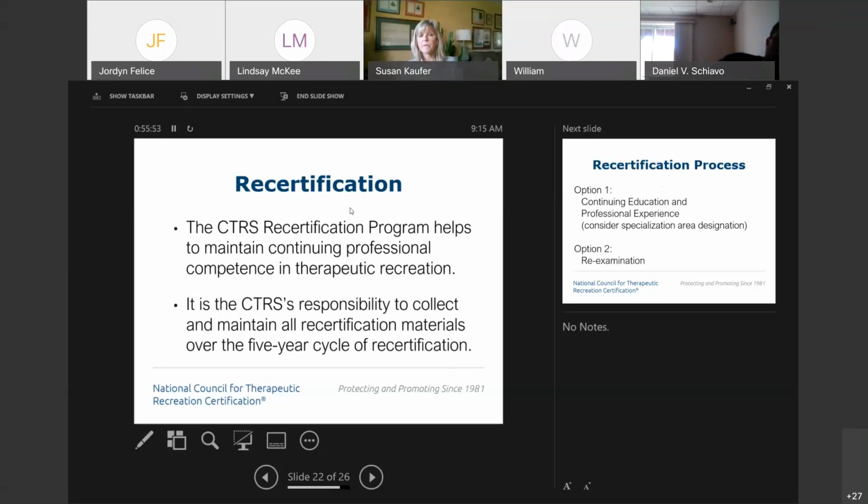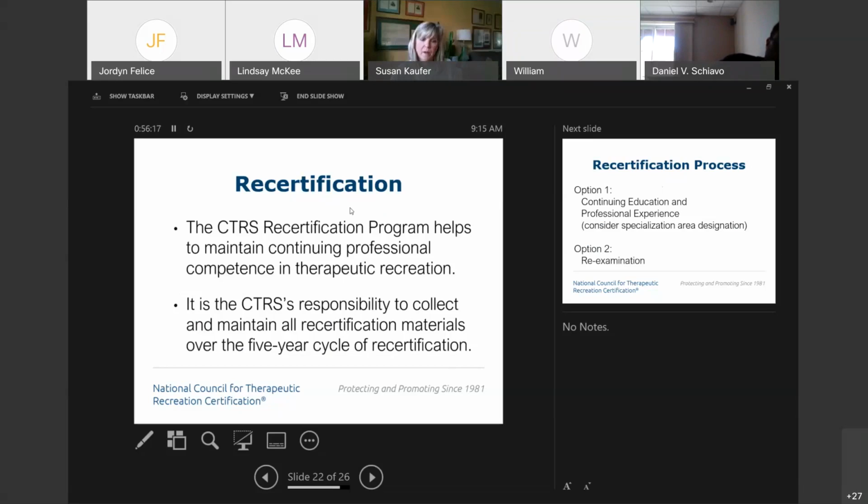So the recertification program does this, by continuing your education, being excited about your learning, and continuing to broaden and expand your knowledge. This is really the purpose for that recertification program. It is your responsibility to collect your educational hours for your 5-year period.